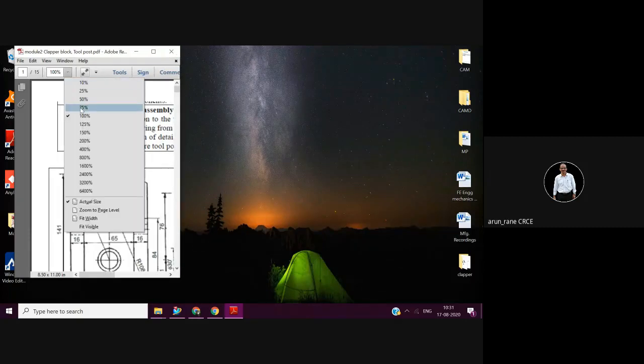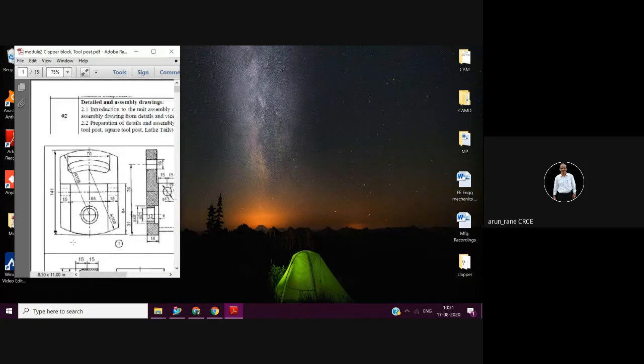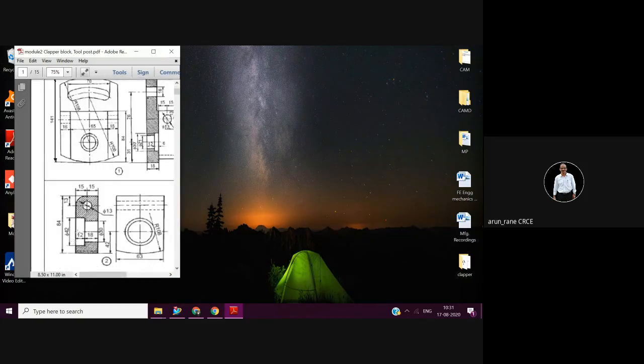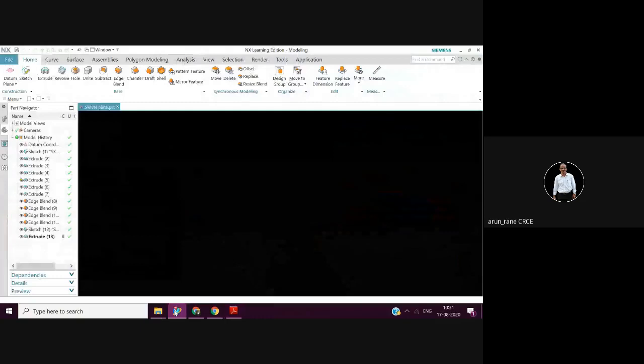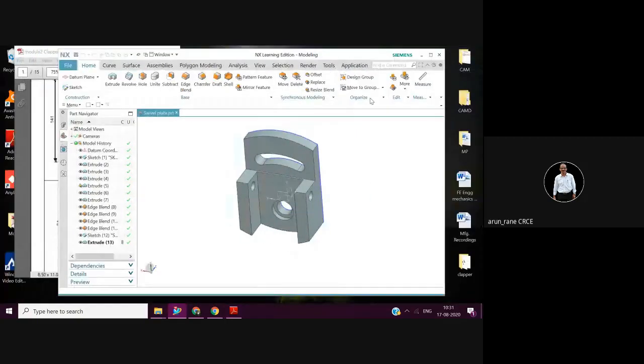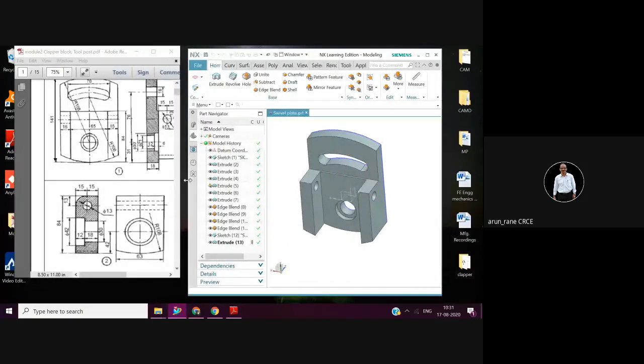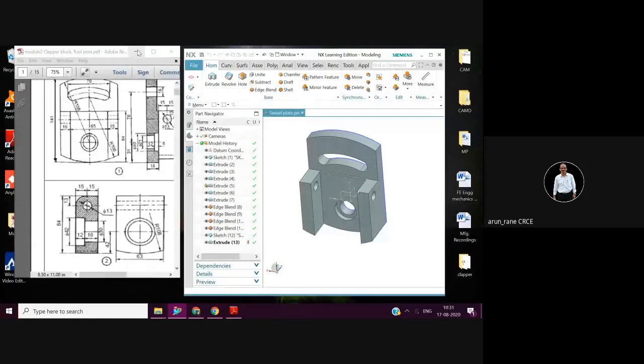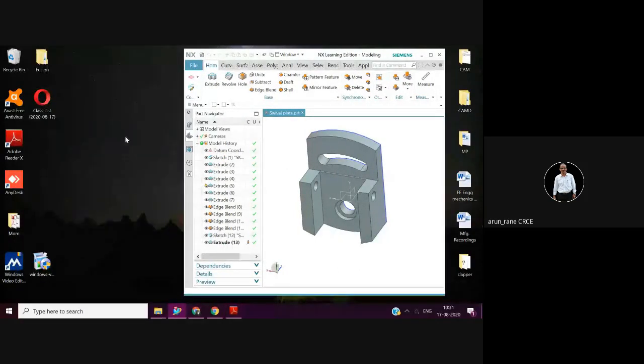Just make 75%. And then another is this. So now there are two screens. One screen showing the... Are you okay? You can see both the...